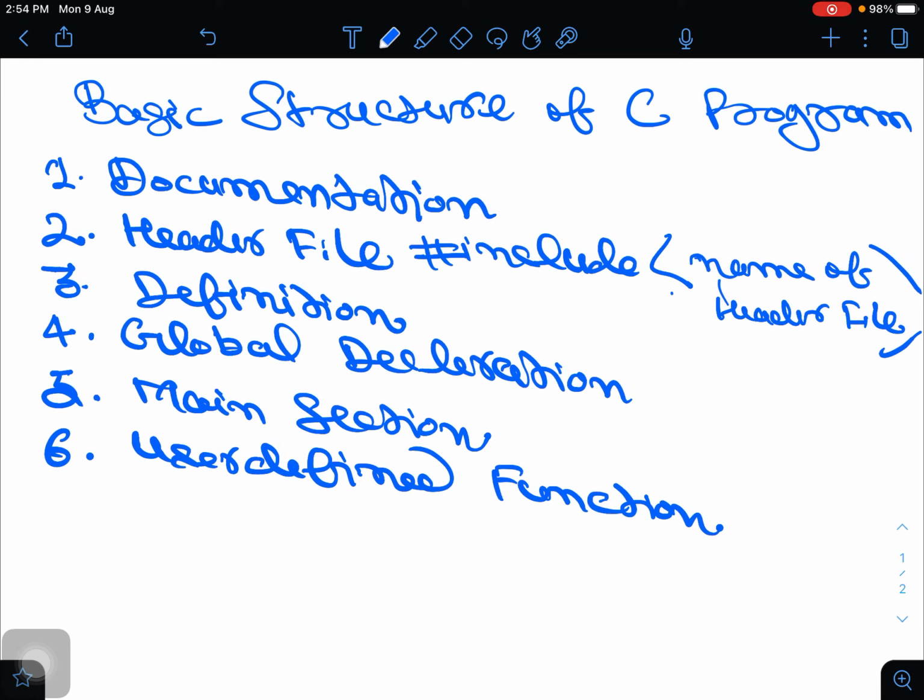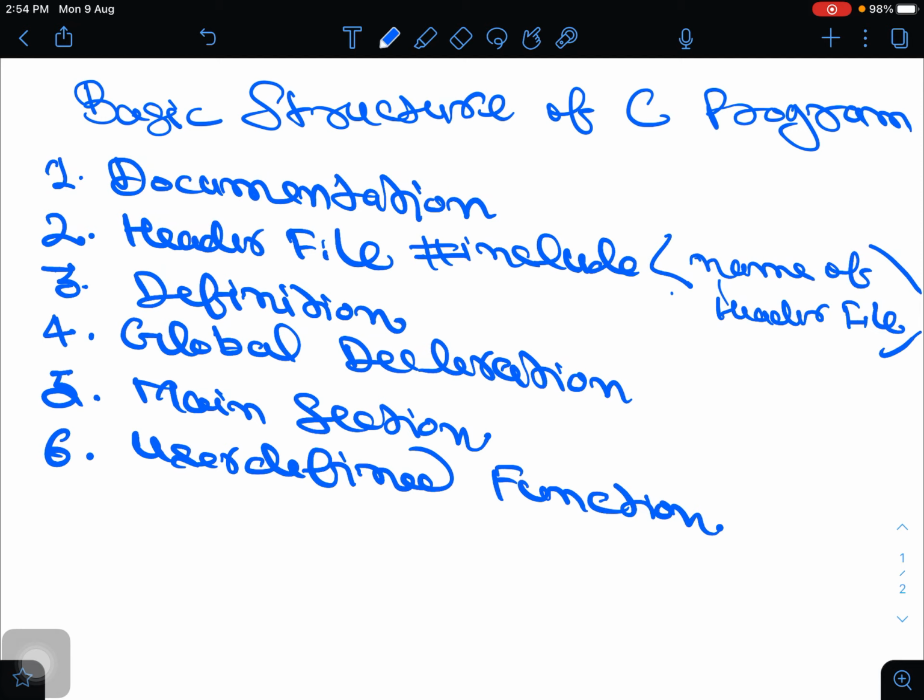Left angle bracket, suppose we are saying this is the header file. This header file contains functions of this particular file for use with this program. So before using this library function, we open this file, we use left angle bracket.